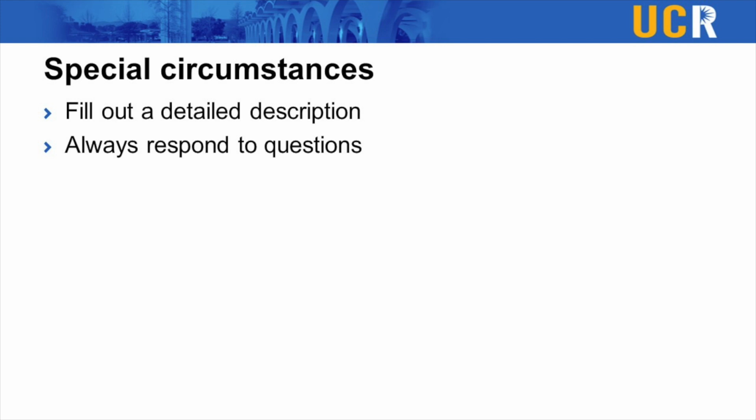Now that brings us to some special circumstances that you might need to know about when you're planning your event. When you reserve the space, you'll fill out a detailed description of what you're up to. When you're filling out your reservation, provide as much information as possible. If they have questions, Highlander Event Scheduling will email you with those questions. If you don't respond, they might drop you from the room and give it to someone else. So make sure that you're answering their questions.